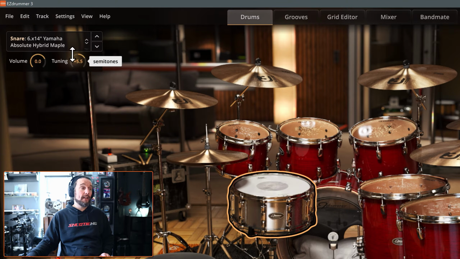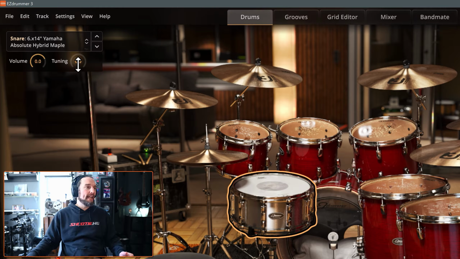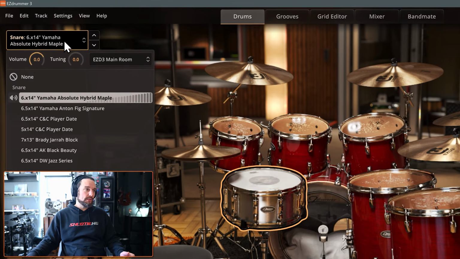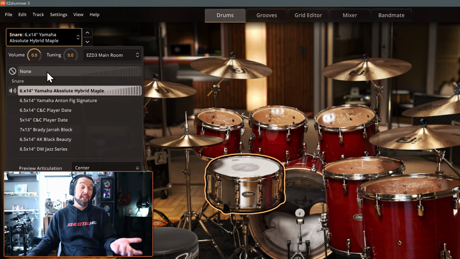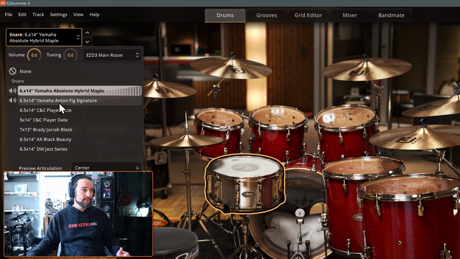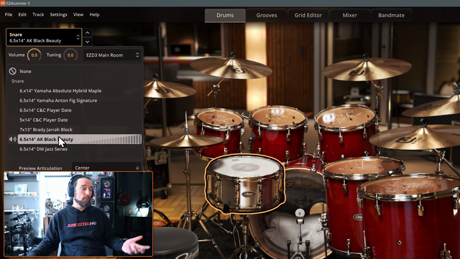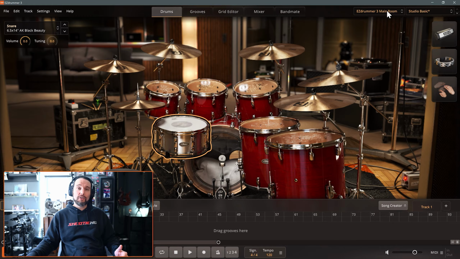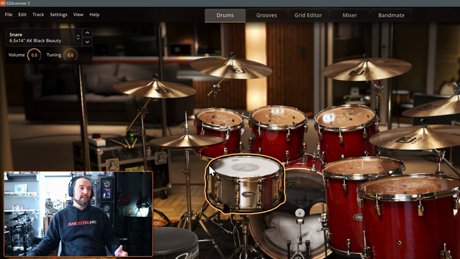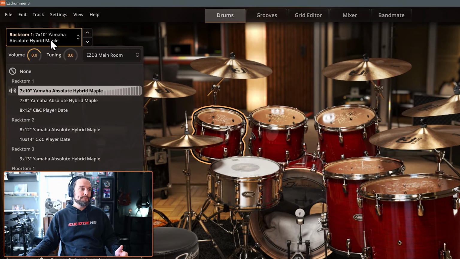Let's just say I don't have access to a piccolo snare, so I want to fake one. It's possible. And better than that, if you select this square up here, which is a drop-down menu, and you only have EZdrummer 3 installed like I do on this computer, here's your options for snares. Here's a Black Beauty if you wanted one. Well, you do. It's a Black Beauty. More instruments actually came with EZdrummer 3. It just depends on what library you have selected. So besides us customizing each instrument,